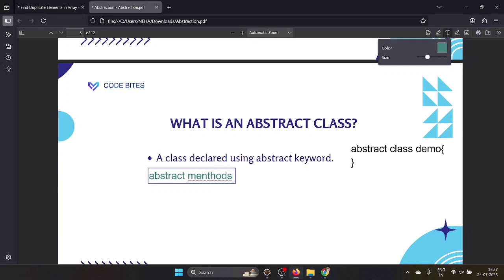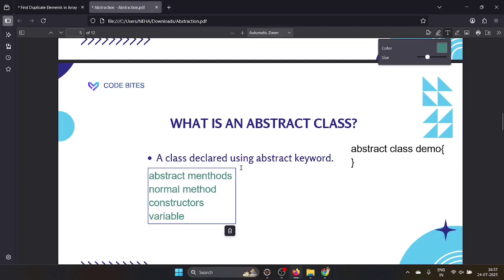Then we can have normal methods also, we can have constructors, we can have variables, we can have final methods also, and static methods also.